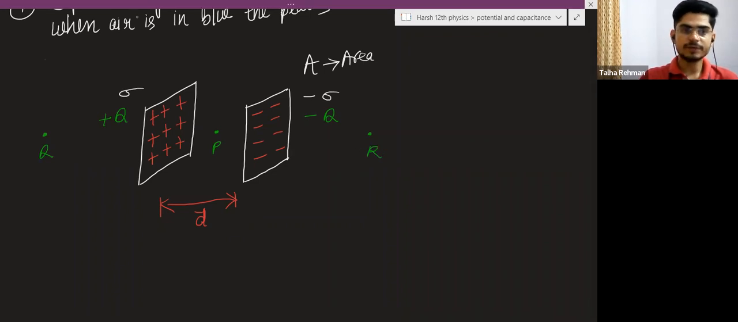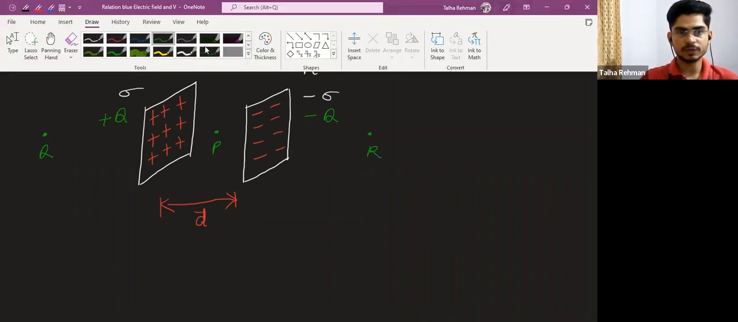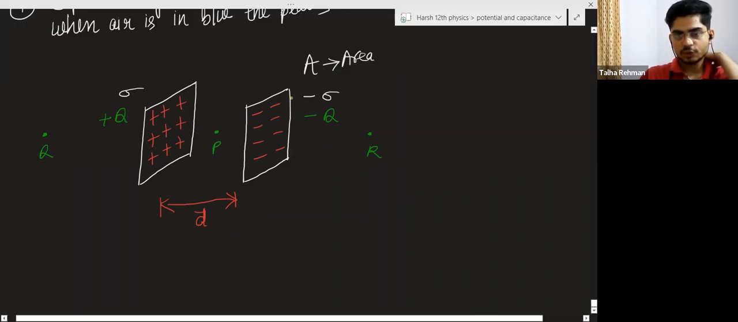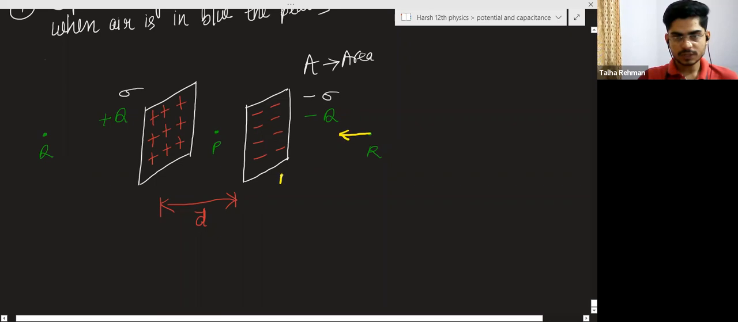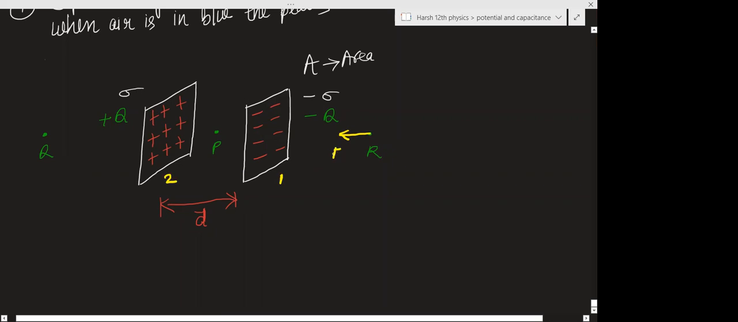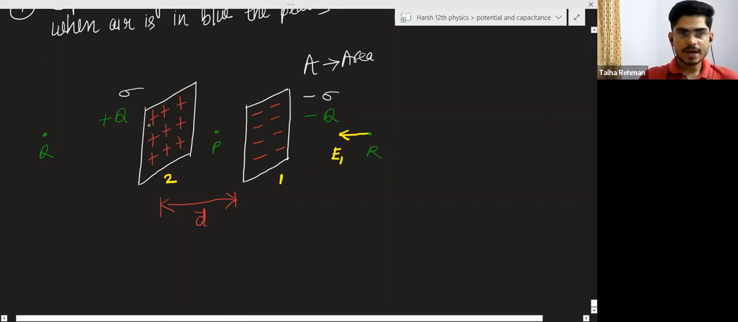Now look here very carefully. Harsh, due to this negatively charged plate, what is the direction of the electric field due to this plate at this point? The direction of the electric field is in this direction, from positive to negative. I am supposing this as plate 1 and this as plate 2. So this is the direction of E1. And due to this positively charged plate, the direction of the electric field at point R is in this direction,